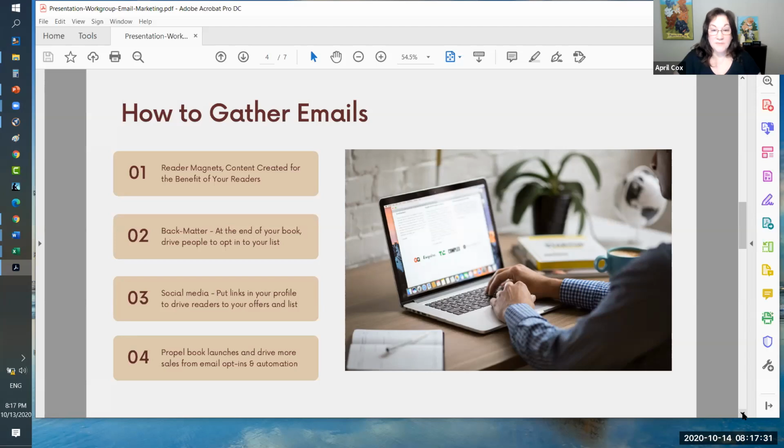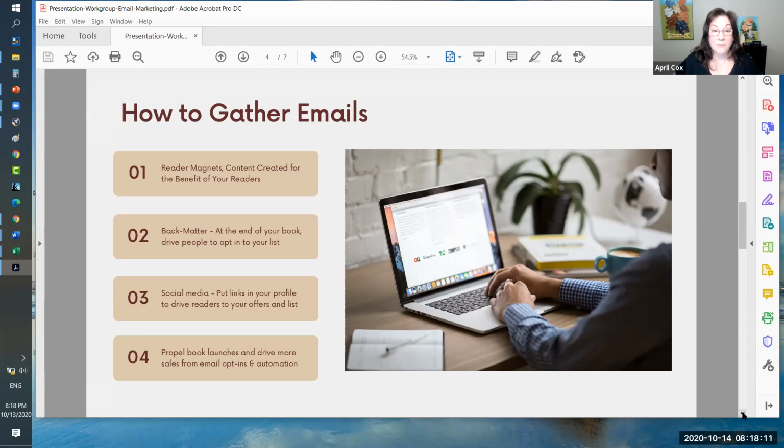So having some people, you might have heard it called reader magnets, or content marketing. Those are the types of things where people decide that they are going to take a step to give you their email because what you are offering is valuable to them. And so, the magic formula is you want people to know you, like you, and trust you. So at the beginning, sometimes it's just about having something of value, whether it's at the back of your book,